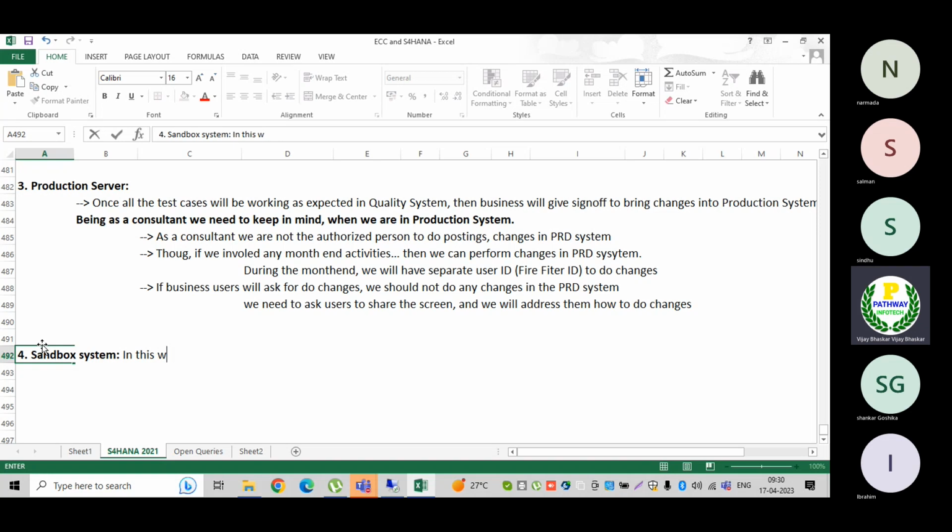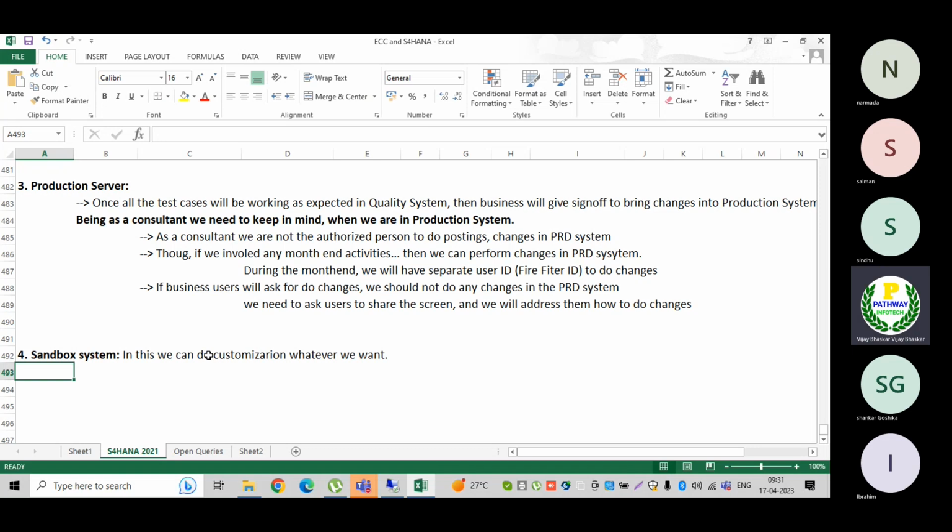In this we can do whatever we want, like customization.